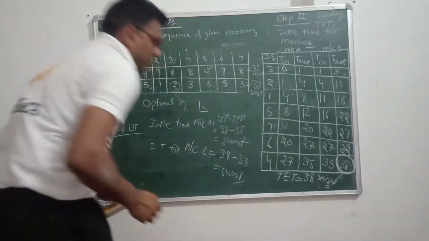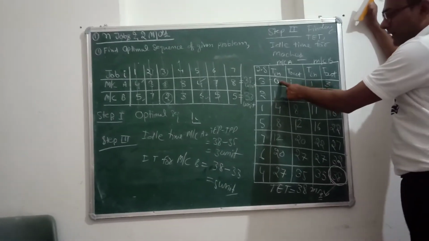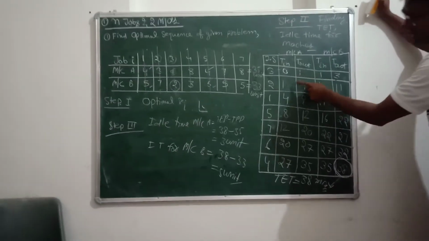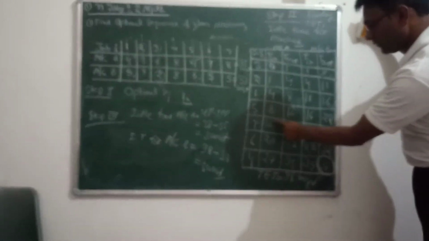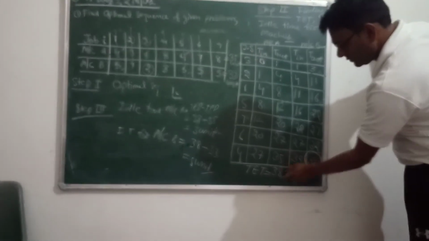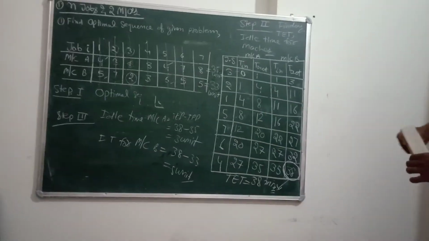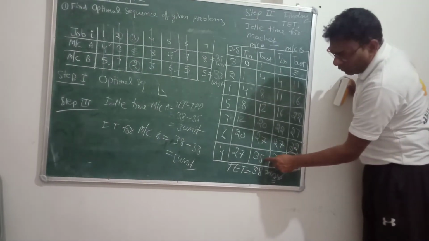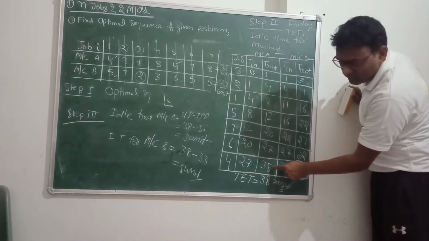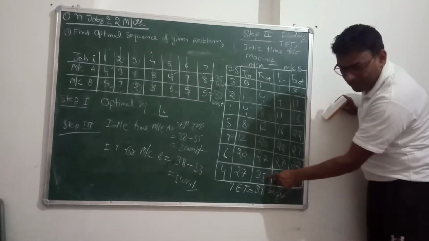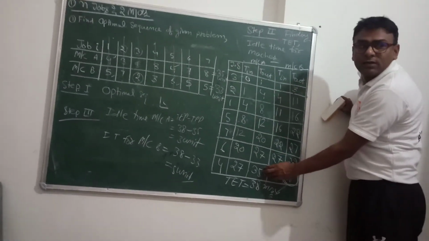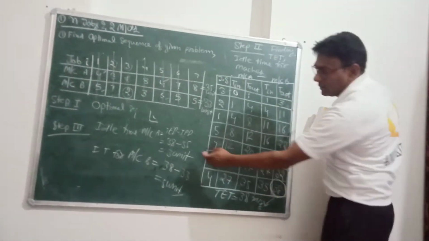You can also use another method. You will see that machine A started at 0 and its out time is 1, and again the out time and in time are the same, so there is no difference. The total time for the jobs performed on machine A ends at 35 units, and the total time is 38 minutes. So for the last 3 minutes machine A didn't perform any task, so the idle time is 3 minutes.